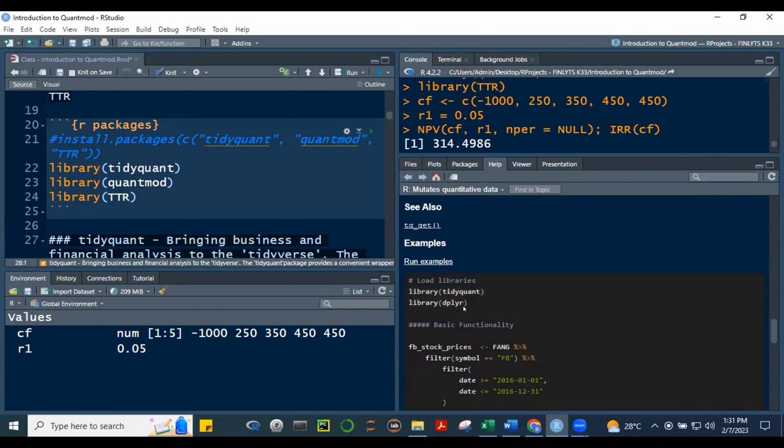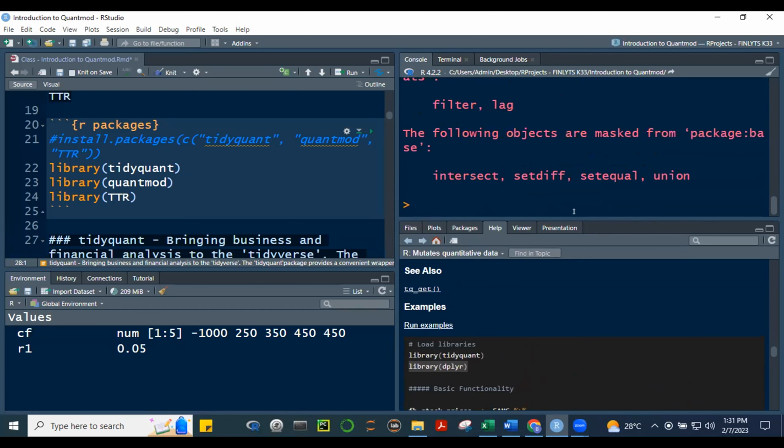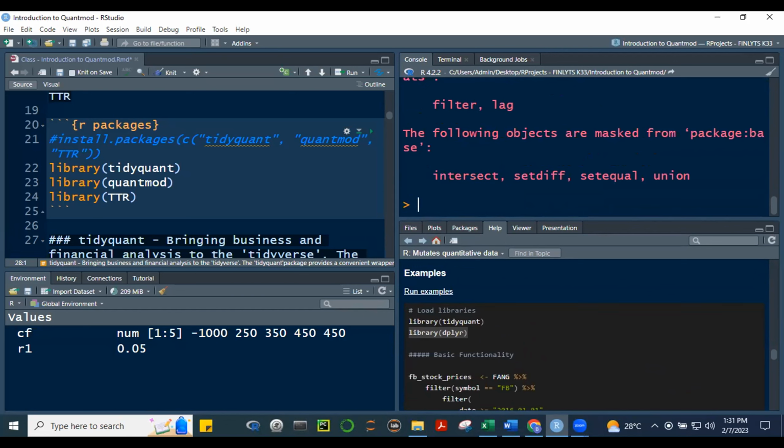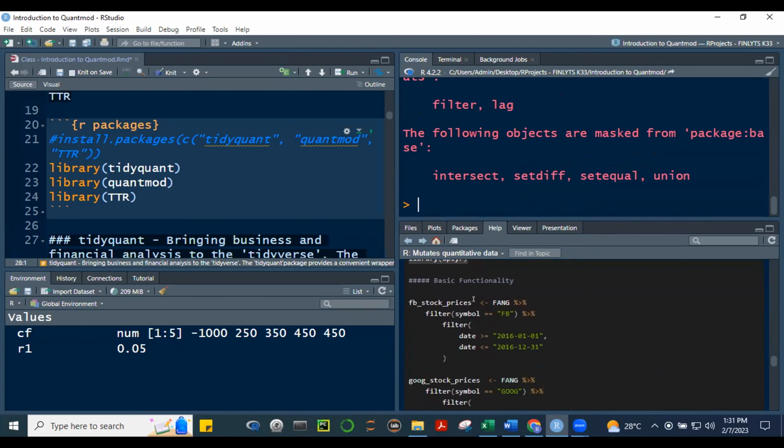You have already loaded tidyquant. Let's just load dplyr. Actually, if you loaded tidyverse, then dplyr will also be loaded. dplyr is used for data wrangling, for manipulating data. Here we're creating this object, FD stock prices,